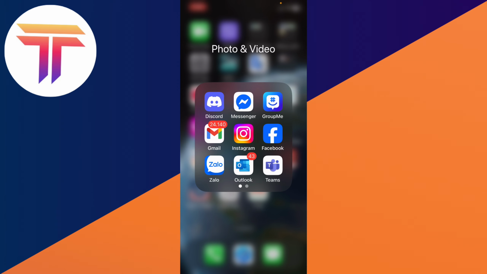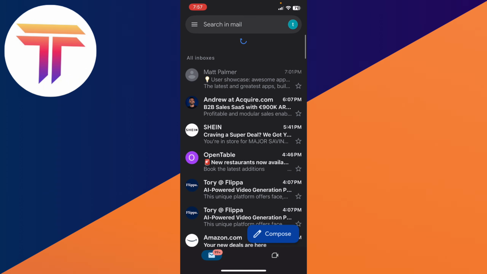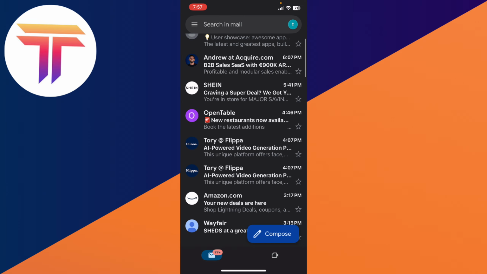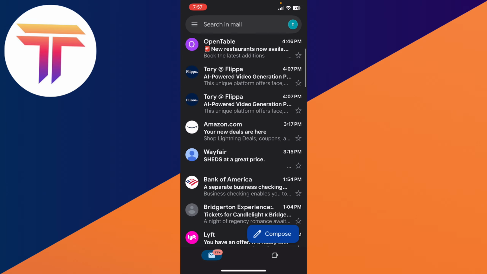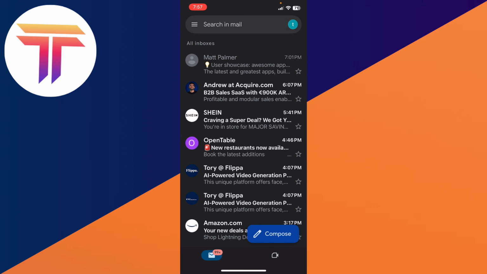So first you need to go to Gmail, and let's say when you are scrolling, you always see the navigation bar at the bottom. So if you want to hide it when you are scrolling, what you can do is go to the